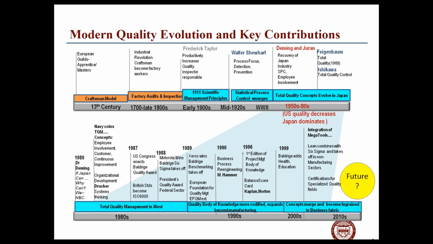So in 1980, it really kicked off. We'll talk about Deming in a moment. The Navy coined a term called total quality management. It actually applied to nuclear submarines and their development, but somehow that got caught on to the movement. And there was a Baldrige Award back in 1987 that really helped to capture best practices and lessons learned, and widely incentivized people to not only practice high quality, but look to the organizations that won this award as role models so others can emulate.